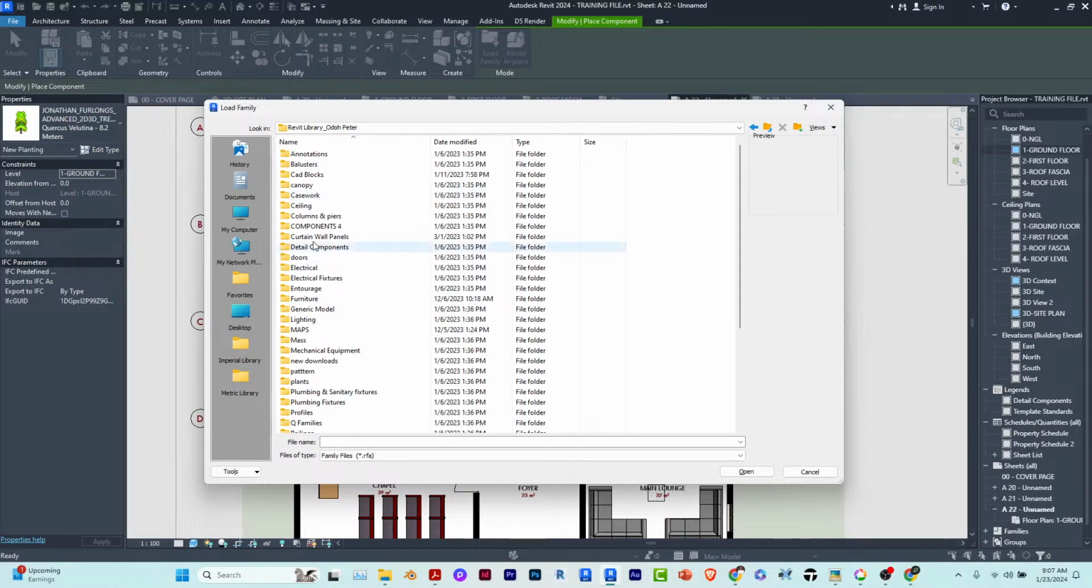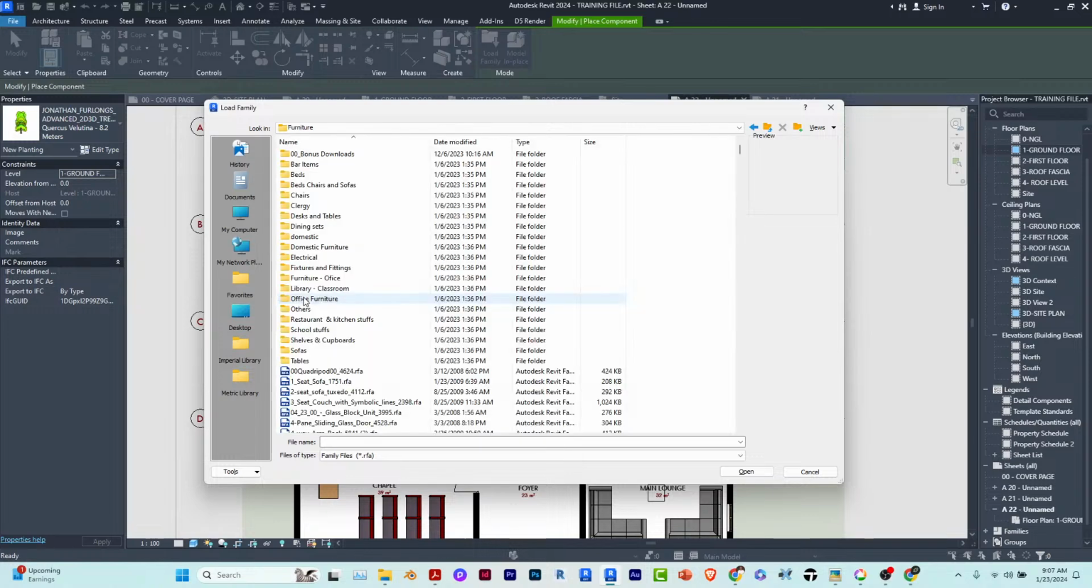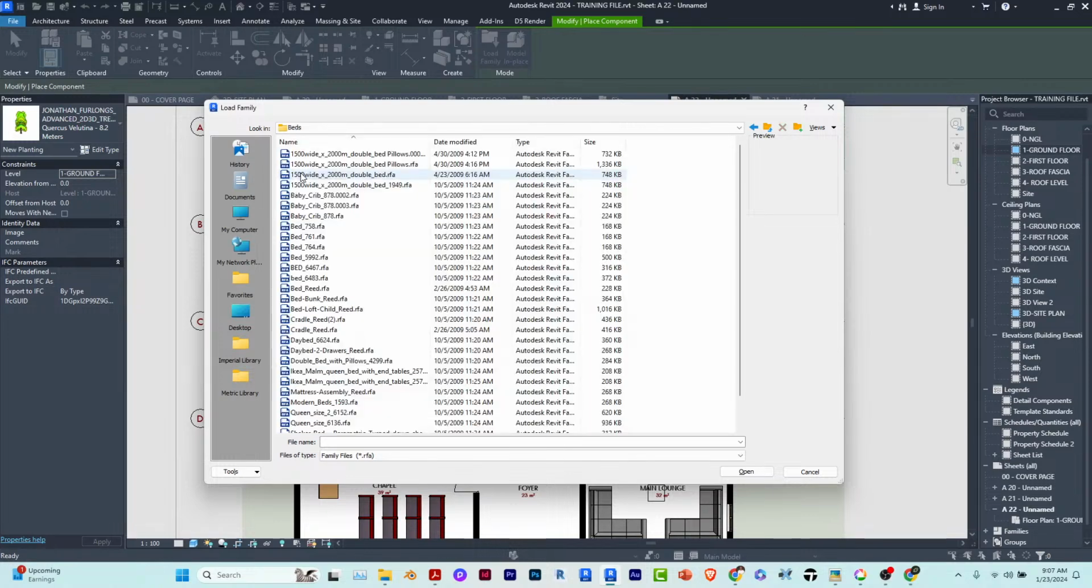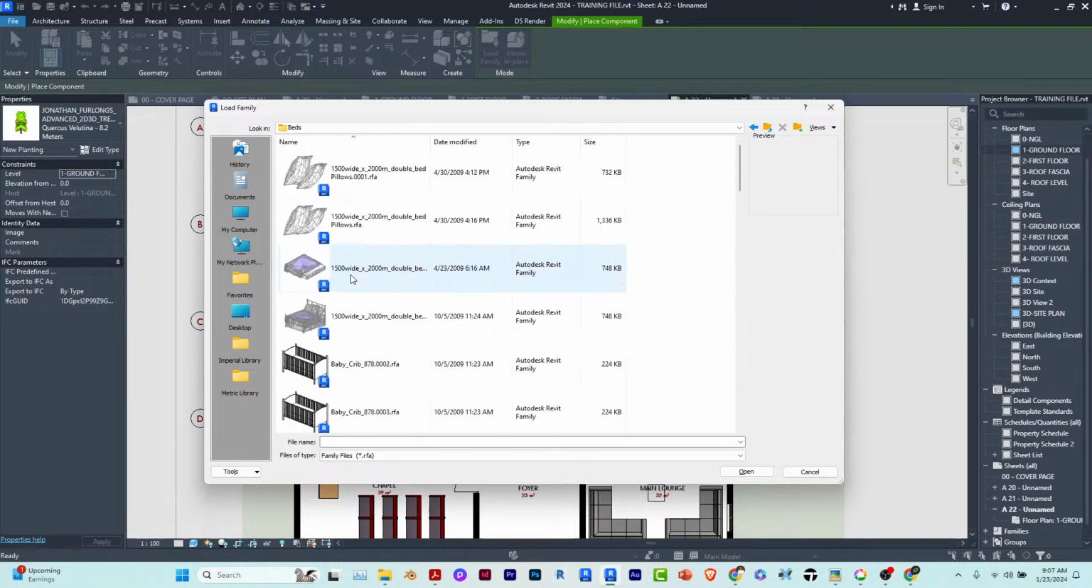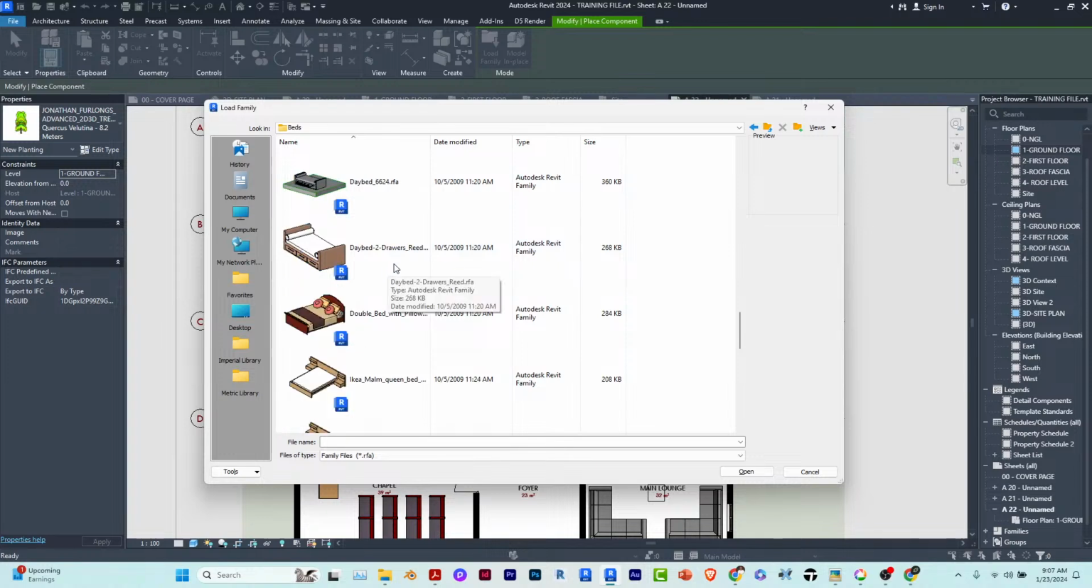I have my Revit library here. Under the library, I'll go to furniture. Under furniture, I'll go to beds. If you don't have a good Revit library, you can build one by carefully downloading throughout the time or seeking for downloading it from online. So whichever way, you can actually get a good Revit library. This particular one,